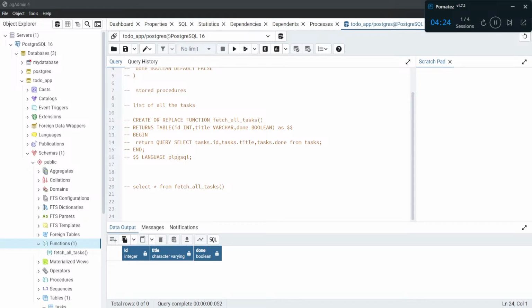So now we will create a create task stored procedure which handles the insertion of the value. When we add a new task to the task table, it will simply return the unique ID. So insert into the task table,